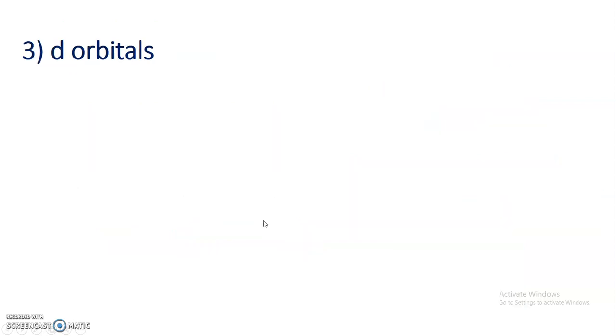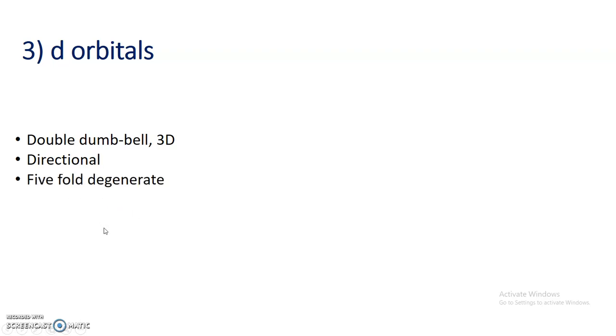Now the shape of d orbitals. Actually, d orbitals are double dumbbell shape, and it is three-dimensional. It has a directional character because there are four lobes, which are oriented either along the x, y and z axes or in between the x, y and z axes, and d orbitals have directional character. There are 5 d orbitals. In the absence of a magnetic field they have equal energy, and therefore it is said